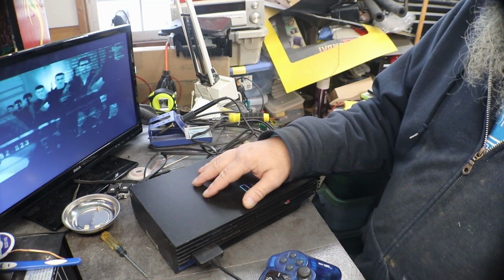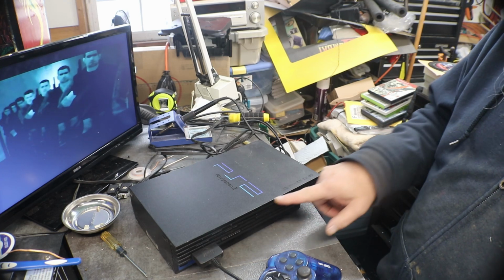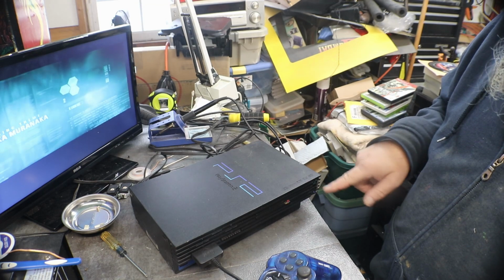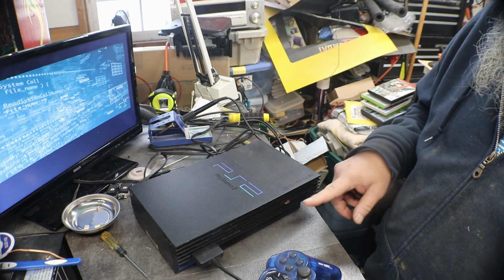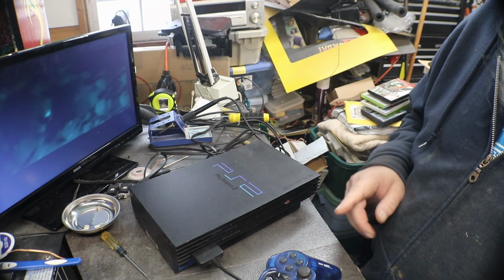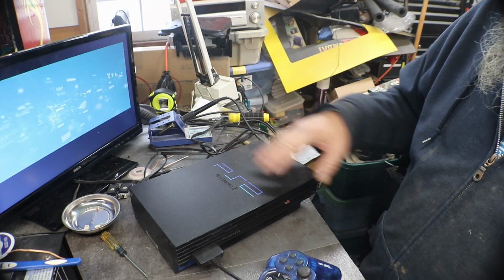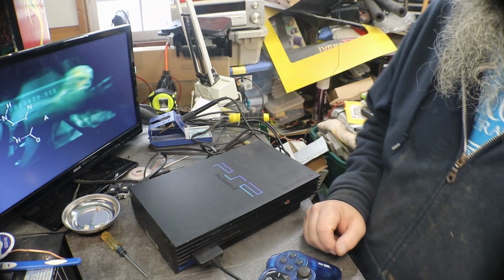The original case that was on this machine was bent right in through here, and it was binding up my on off button and my eject button. Plus, every now and then the disc tray would still hang up on it, and I couldn't tighten up the screws fully underneath, or the tray would never open. And then it started acting up